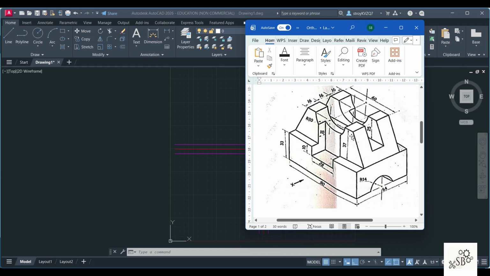So from here, if you go to a height of 70 and draw a center line, you can draw this semicircle. So you can see this is 60 and this is R20. So if this is R20, the diameter will be 40. So 60 minus 40 is 20. So this will be 10, 10 each.